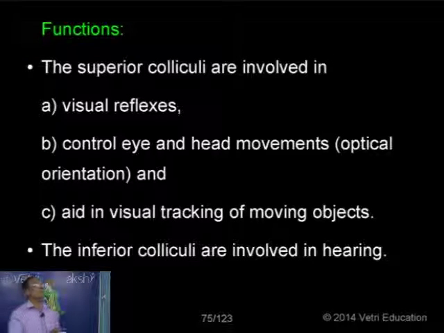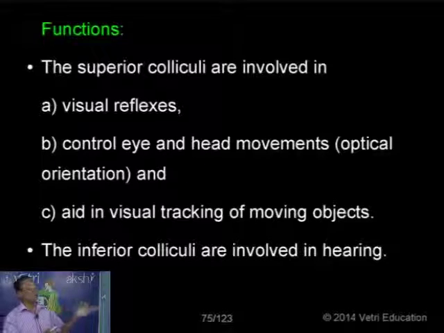Now coming back to the functions of the midbrain, we talked about the functions of the midbrain so far, along with some pictures for different structures. I have given different diagrams to see in what way the structures are organized. Now what are the functions of the midbrain? I mentioned we have two superior colliculi and two inferior colliculi. The superior colliculi are involved in